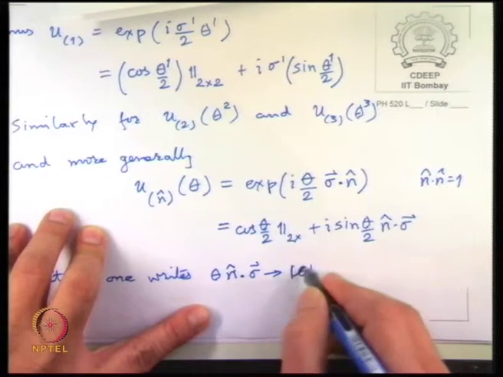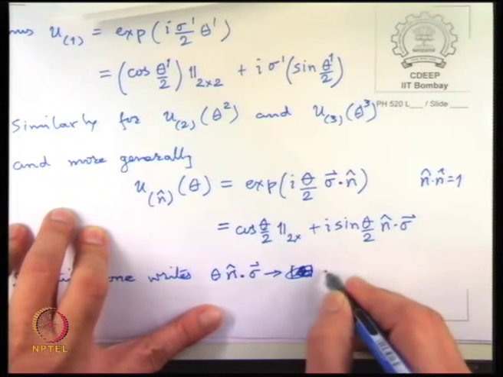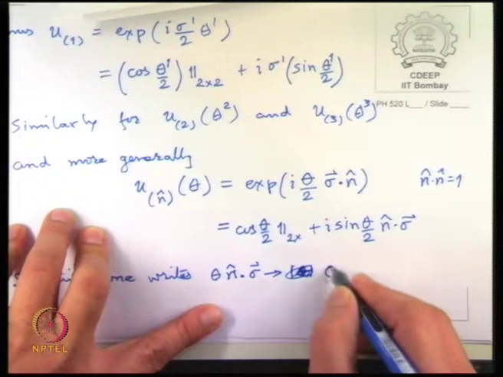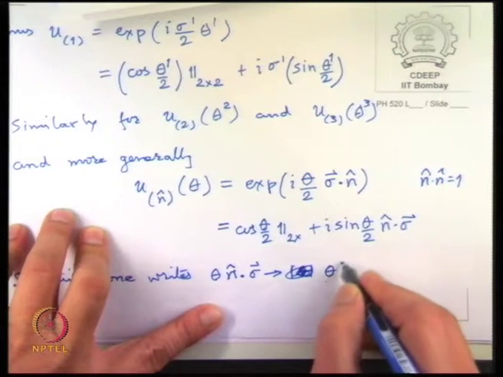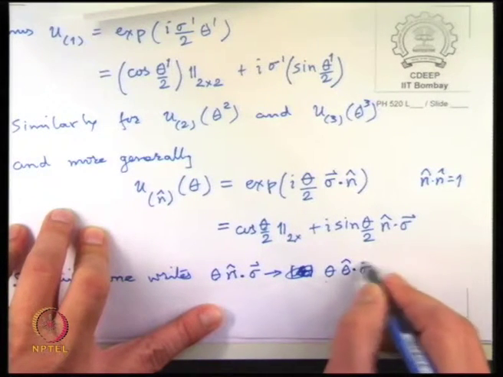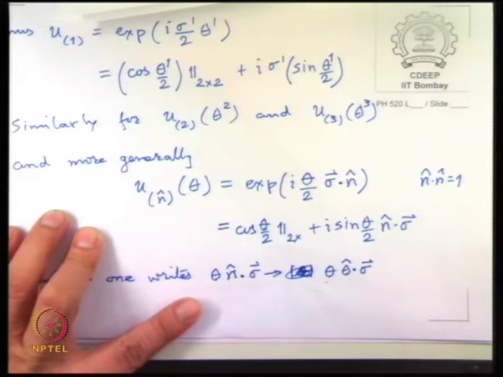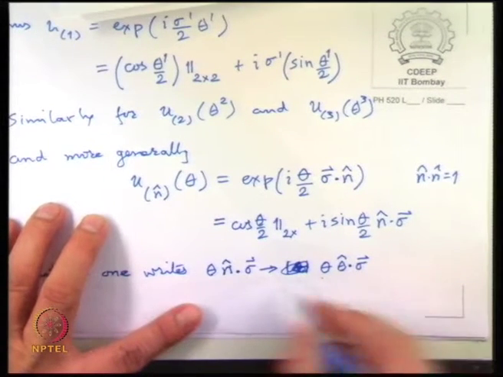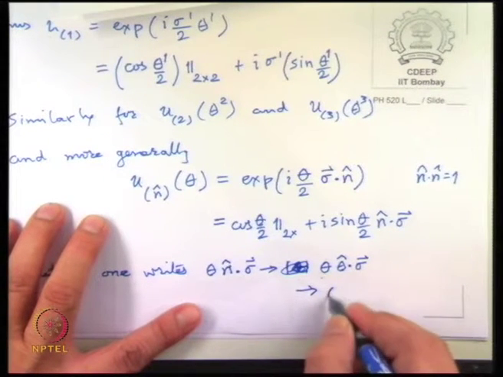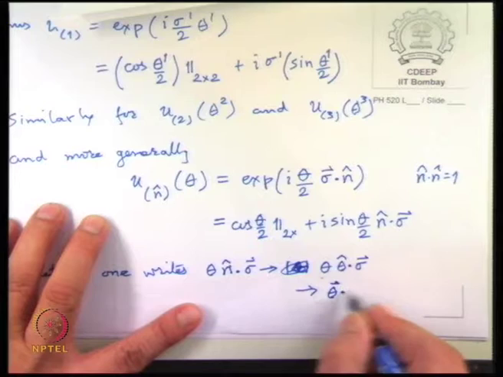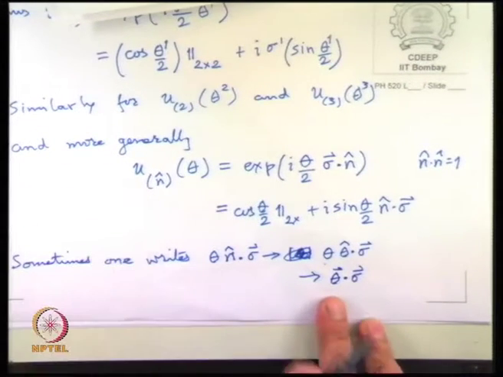I shouldn't say modulus because that's confusing things, but theta times n cap is as if it is the direction vector of some vector called theta, and so people write theta dot sigma as well, where theta is now directly a